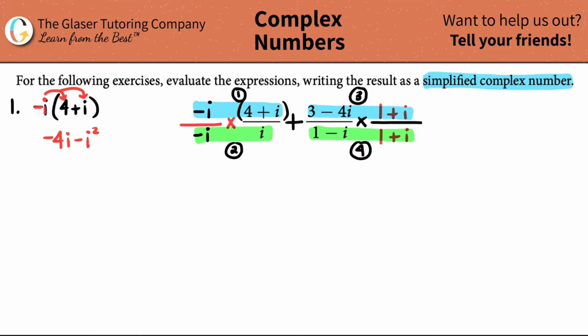Now, we need a simplified complex number notation. We cannot have any i that's greater than 1, meaning i to the first. So if we have i to the second, or i to the third, or i to the fourth, you need to simplify that. Now, we know that i, and I'm going to put it down at the bottom here,